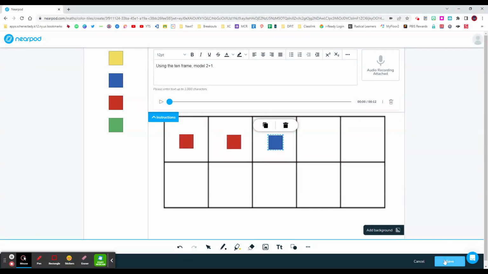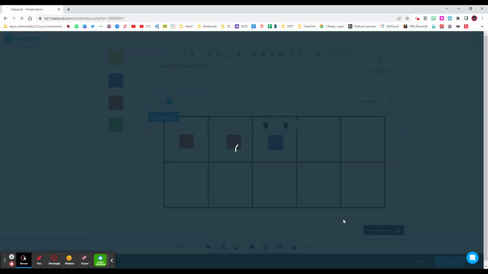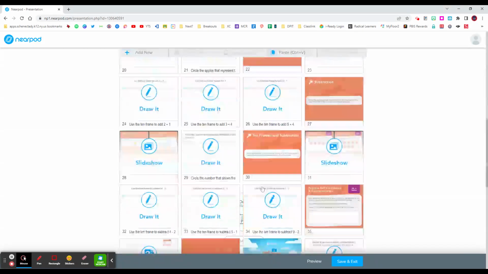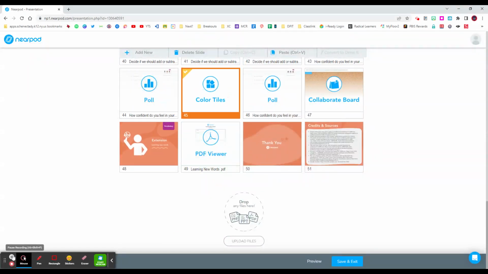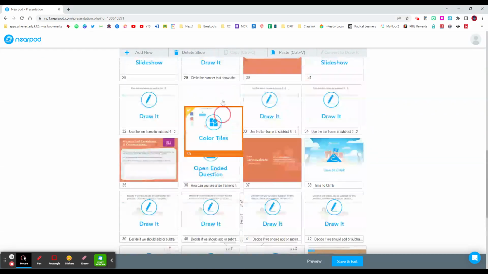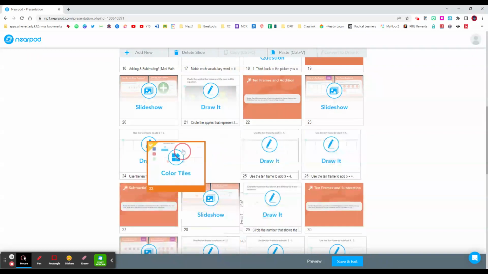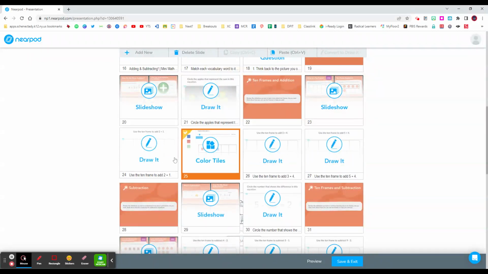Once you've clicked save, that activity will go in, but it's going to go at the end. And you're going to want to move that back up to where you found it. And mine was around 24. Let me just move this up to 24. So now after the students complete 24, they'll see my example on 25. They can go back to 24 and check out theirs. And you can continue to add these different types of scaffolds for the students in your classroom who would